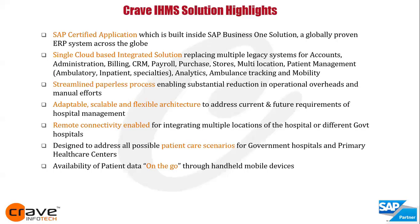purchase, and multi-location. There is a branch feature, and there is an intercompany feature as well. If you have multiple branches or multiple hospital entities, then this solution is available for that as well. And apart from that, patient management, which covers